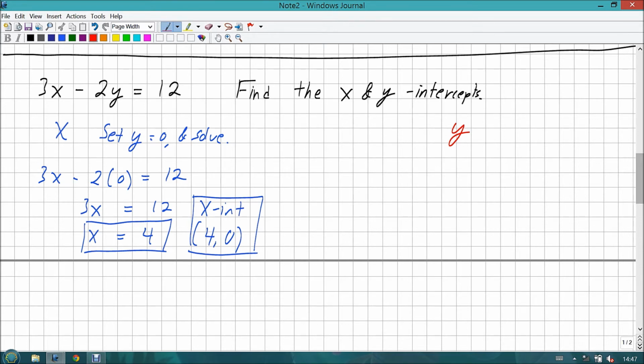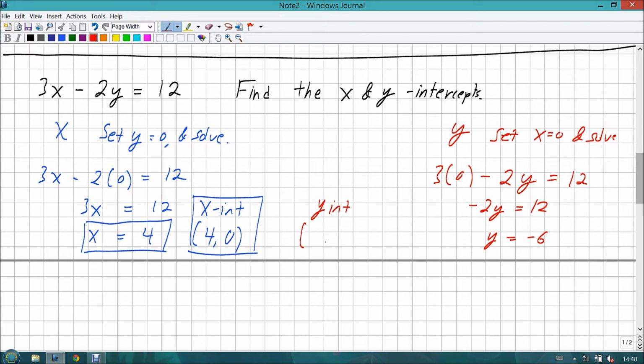All right, now looking at the y, remember to find the y-intercept, you set x equal to 0 and solve. So we have 3 times our newly set to 0 x subtracted by 2y is set equal to 12. Doing some really fancy arithmetic, 3 times 0 is 0. We now have -2y is equal to 12. Divide both sides by -2, we get y is equal to -6. So our y-intercept would be at